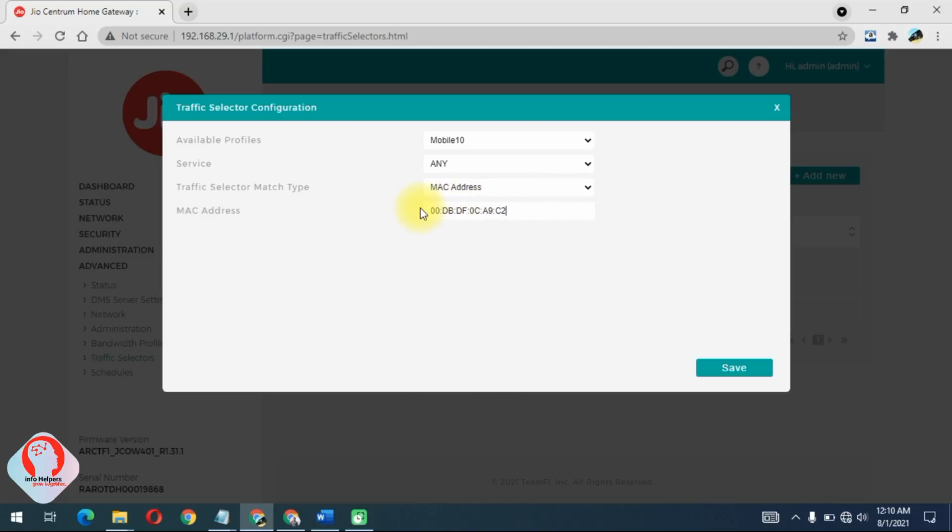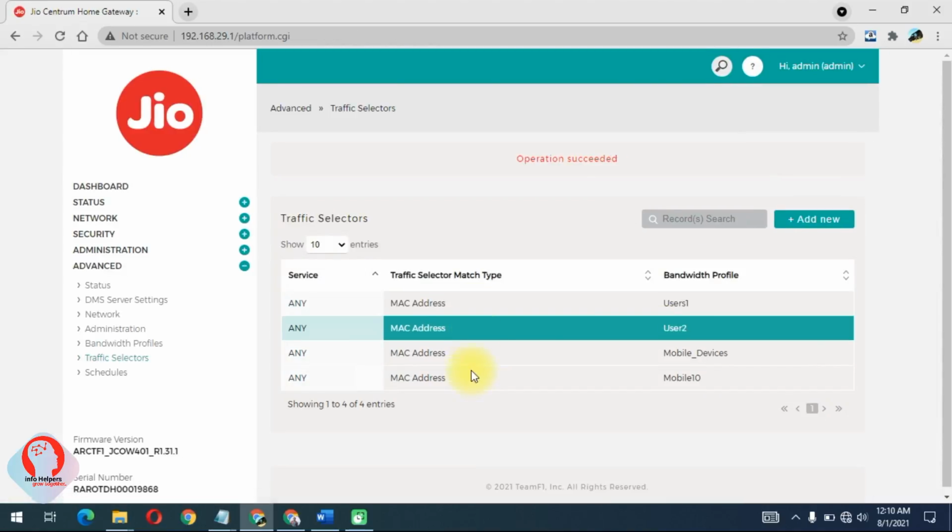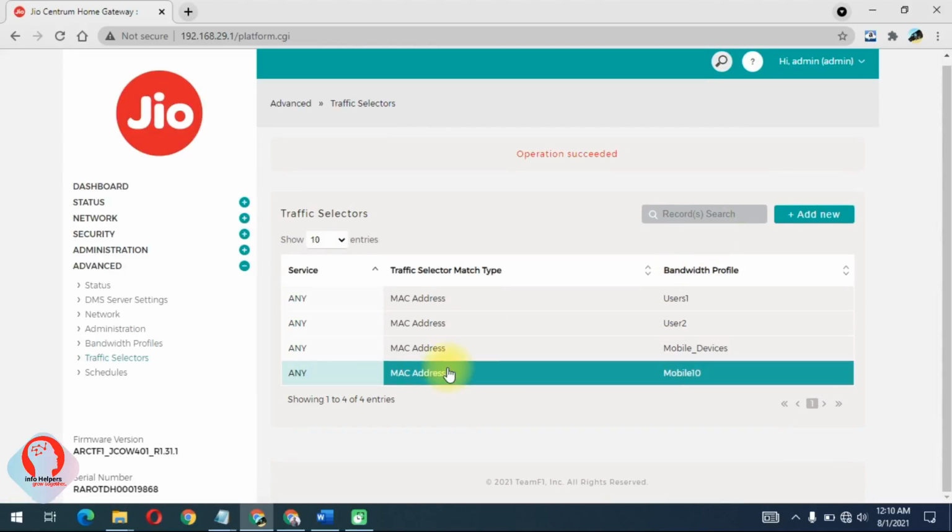As I already copied it, I will paste the MAC address of the device which I want to restrict. I have pasted it and clicked on save. Once you save this, the bandwidth allocation for the devices under the mobile 10 profile is covered with a maximum of only 20 Mbps. The remaining 80 Mbps will be used for different profiles if you have created them.